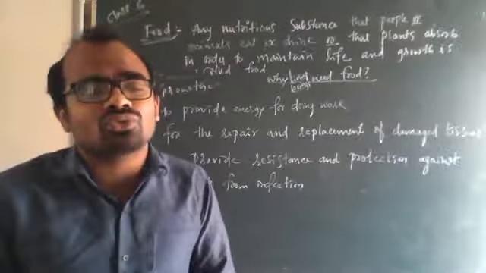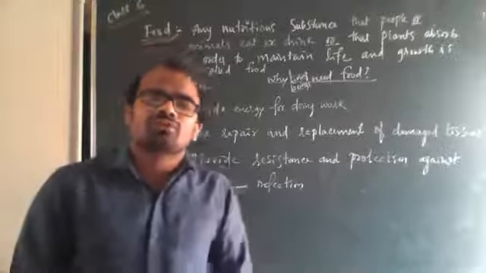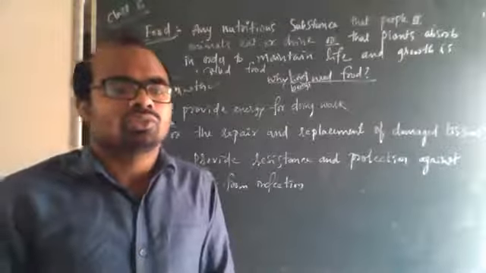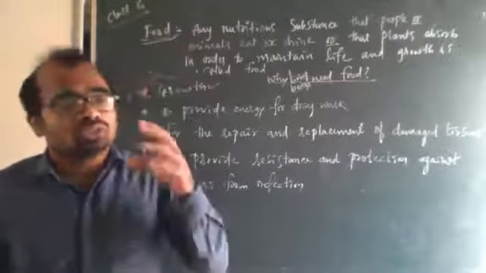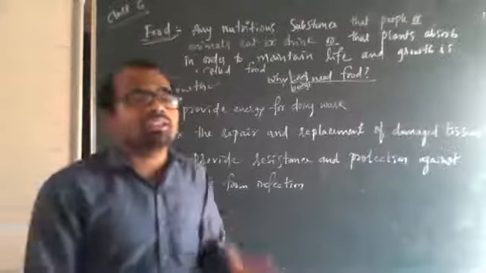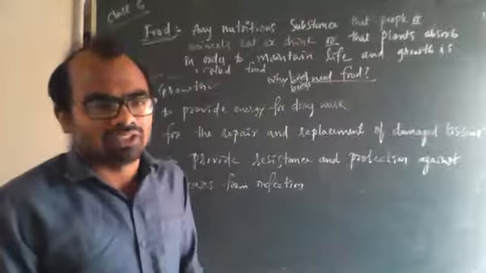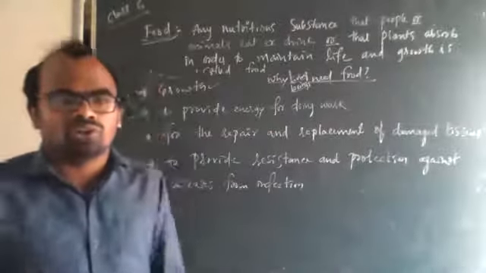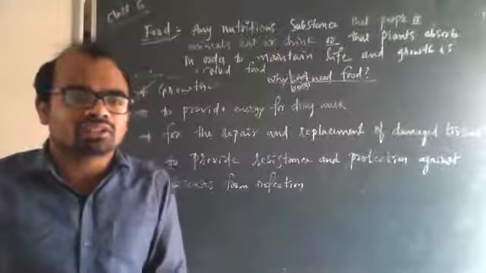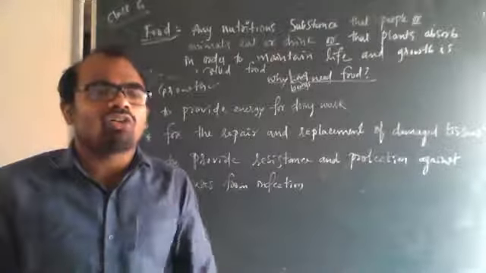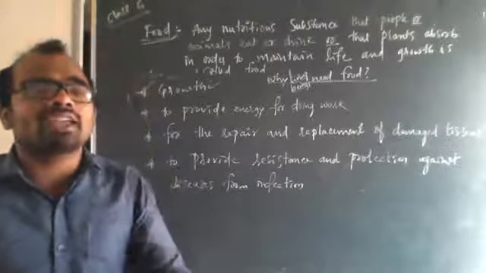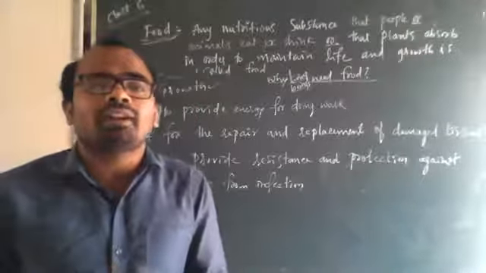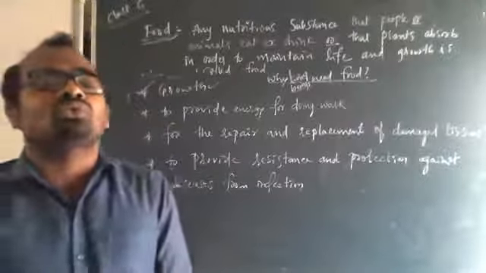Where does that energy have to come from? That energy has to come from swallowing or eating of the food or drinking of the food, and for plants, absorbing of the food. So that energy is being given by food material. So food is needed to provide energy for doing work.